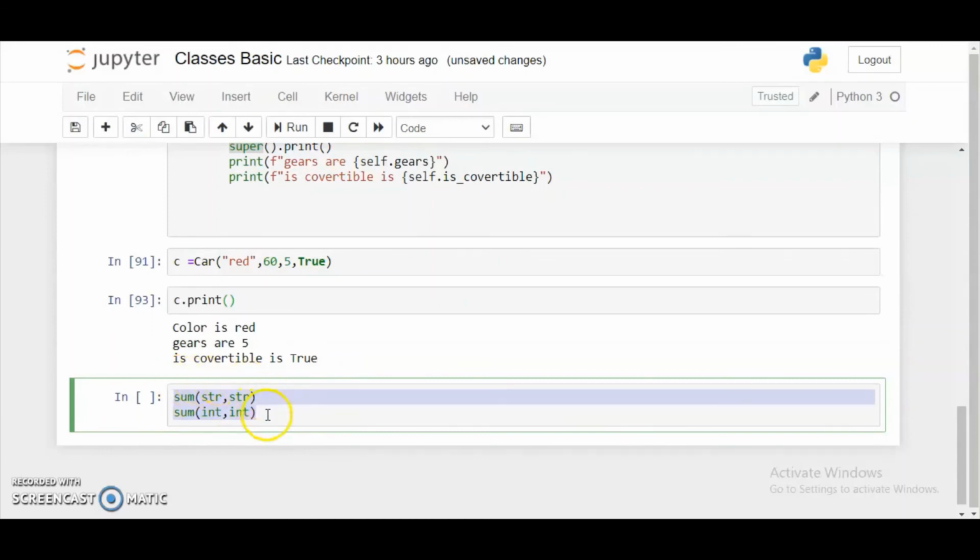So this is called overloading. Depending on the kind of arguments passed to it, it possesses different functionalities. If strings are passed as arguments in the sum function, then it will perform some functionality. If integers are passed into the sum function, then it will perform some other functionality.